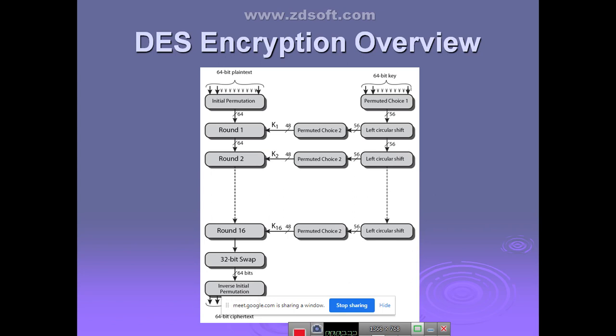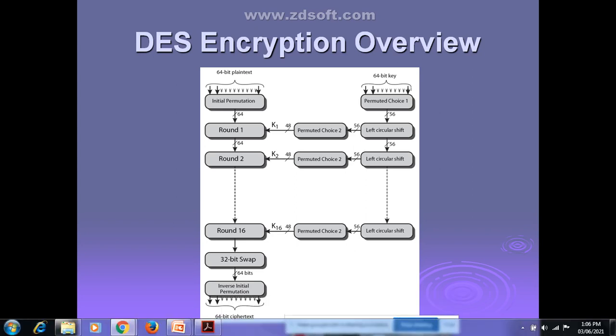Then after that we started with the DES encryption overview. The DES encryption function takes mainly two inputs: one is the 64-bit plain text and the other is the 56-bit key. On the left hand side, you can see how it processes the 64-bit plain text.